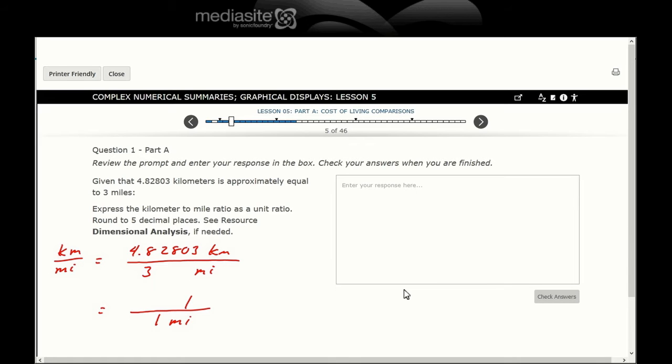Well, if all else fails, use your calculator and just do that. Let's take 4.82803 kilometers and let's divide it by 3. And my little handy dandy calculator gives me